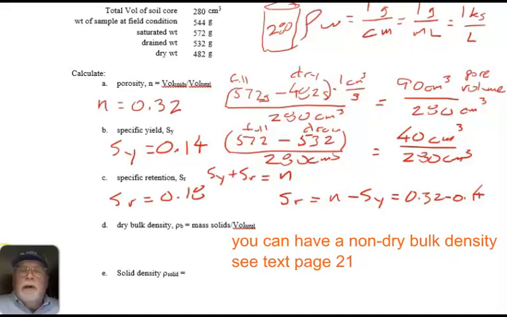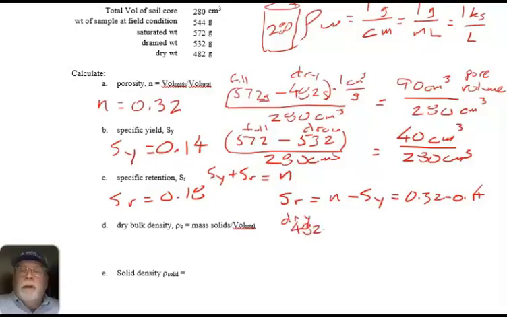Yeah, okay. The bulk density, also known as the dry bulk density, is the mass of solids divided by the total volume. So I have the dry weight is 482, and we're talking about the weight of the soil. So if this isn't some type of core or canister or something, we subtract that weight off. It's 482. That's the mass of solids, right? Because there's no water in it. So all there is is solids. So that's the mass of the solids, divided by the 280